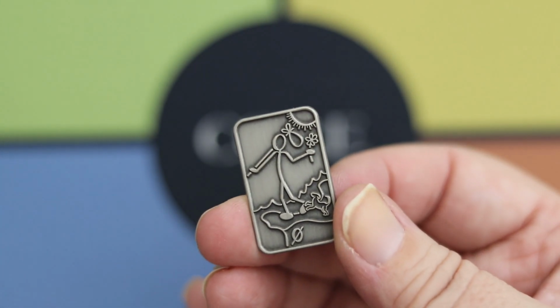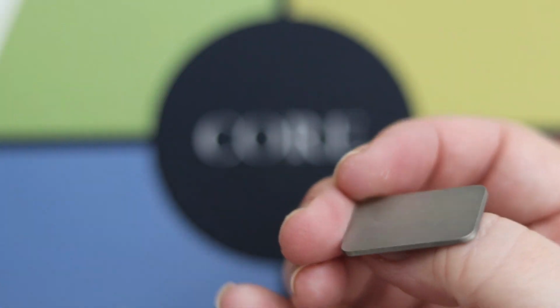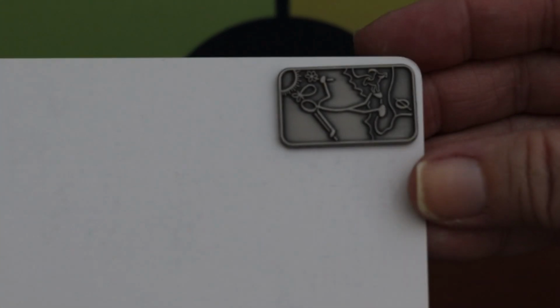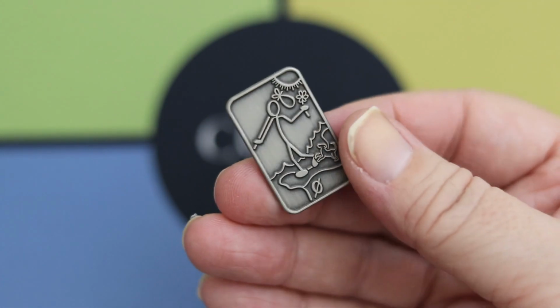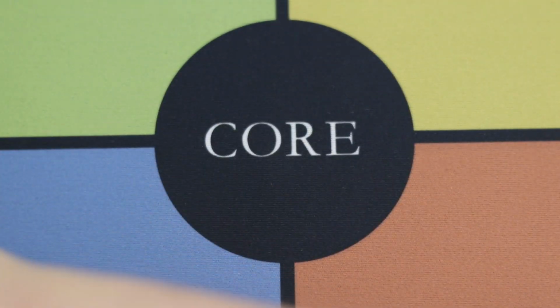I'm going to add these to their little bag as we go, or I don't know what I'm going to do actually. I guess I'll put them on top of the bag. But before we get too detailed in each card by card, I have a blank tarot card just for perspective. Let's see if I can do it that way because it'll fit in the frame. Check out the size. Oh my gosh, these are so tiny, but they're so clear in the details. Because the creator chose to go with these stick figures, you can really clearly see what's happening on every single charm. So we have our Fool,